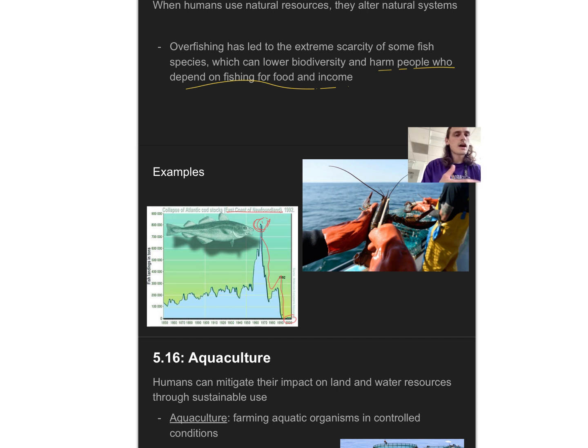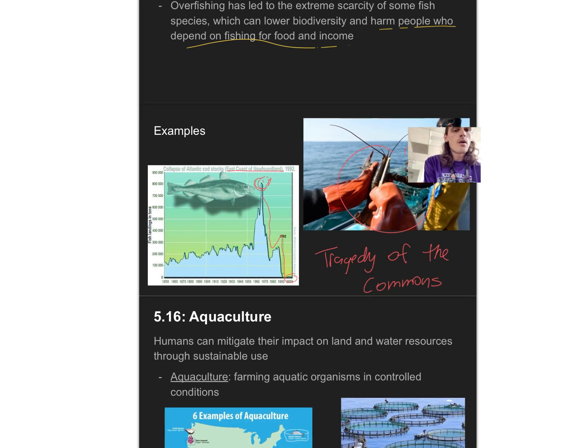We've talked about that in the past, but just a reminder, you should know that concept. Tragedy of the commons, basically there's a common space, no one really manages it, so if nobody's managing it, we could overuse it, but sometimes people do get together and manage this themselves, like right here with the lobster. Okay, this brings us to